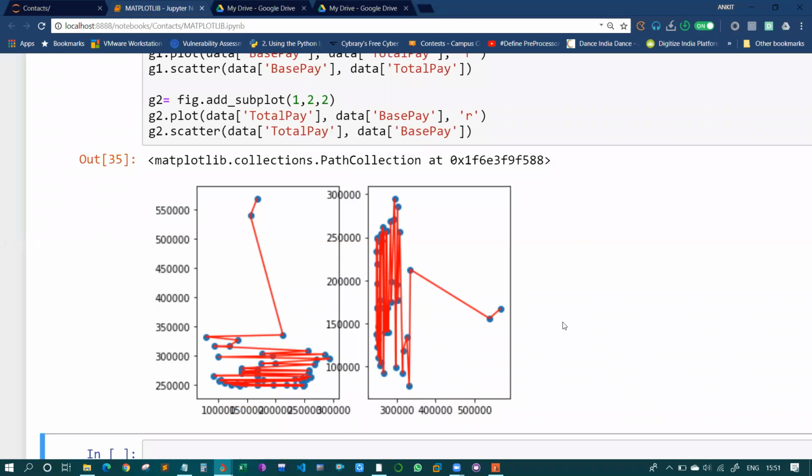So we have got two graphs side by side. Previously I mentioned the concept of subplot. Is there something that is looking odd, or looking bad?